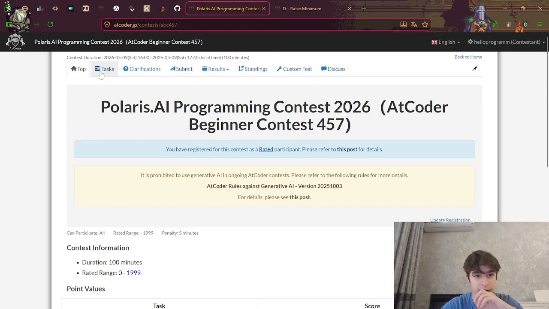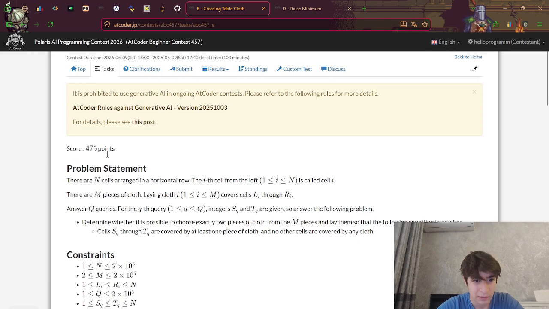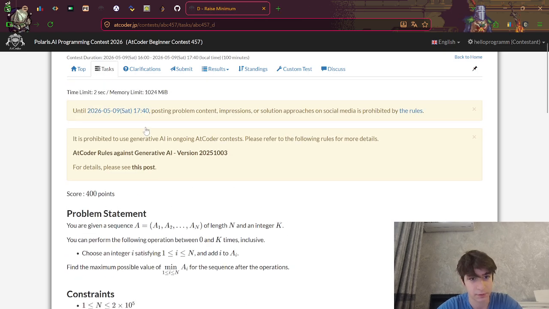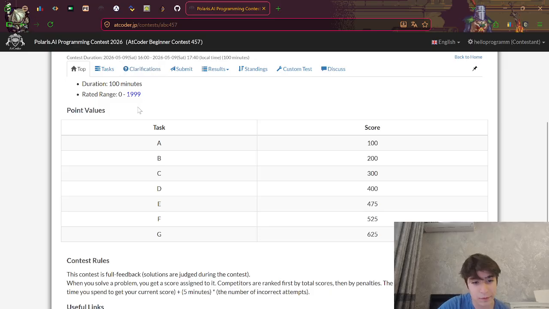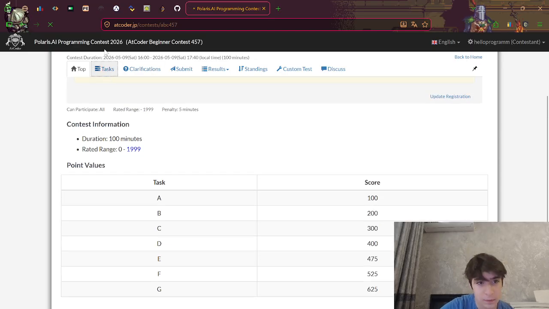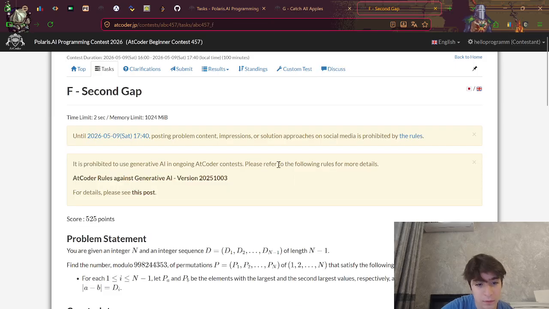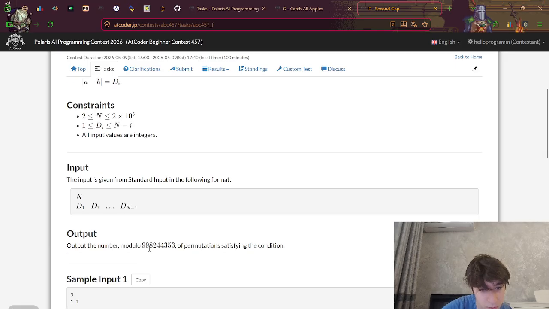What's the G task about? Let's review all tasks. Some type of French queries, if I don't miss. What about the F task? Oh, it looks pretty good. Permutation condition.